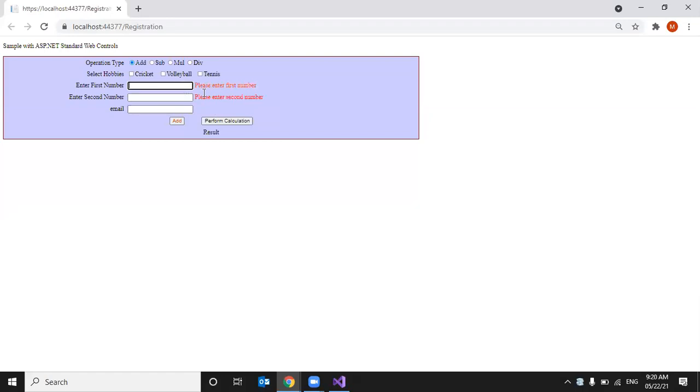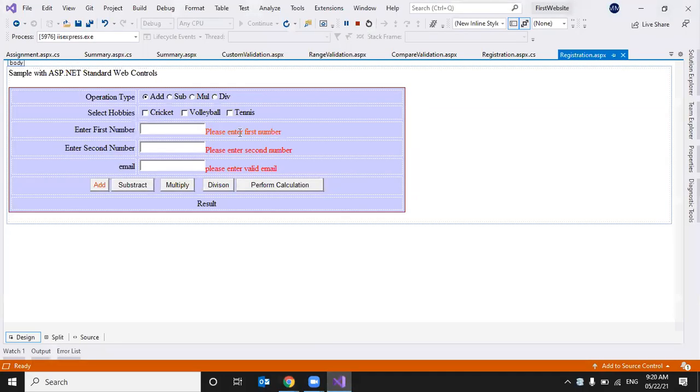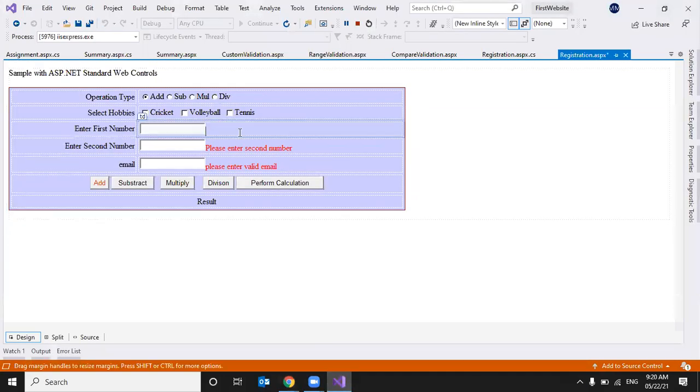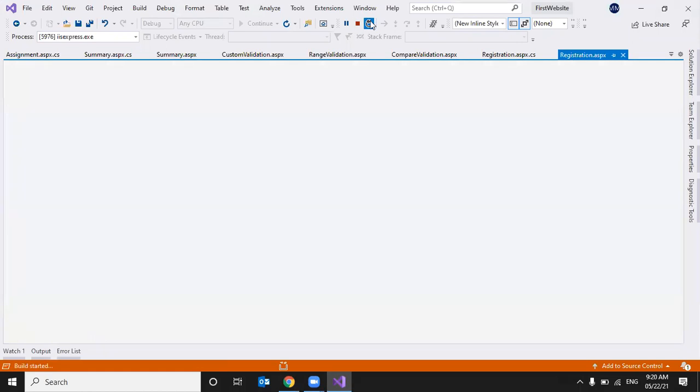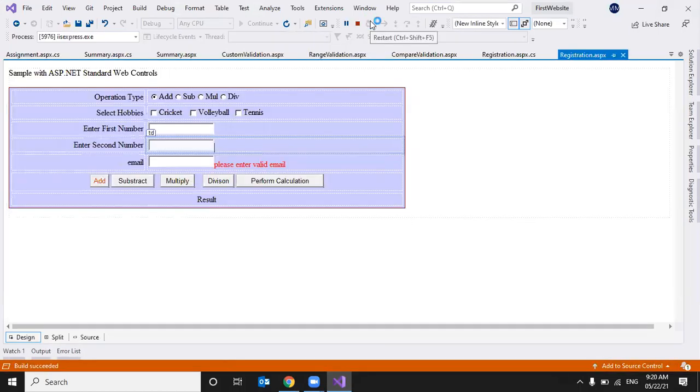See here, first I'll remove these two and check how it will work with the email ID. Let me remove this first to understand one particular scenario. Now I'll rerun it. I'll show you some scenario here. Am I audible properly or any disturbance?